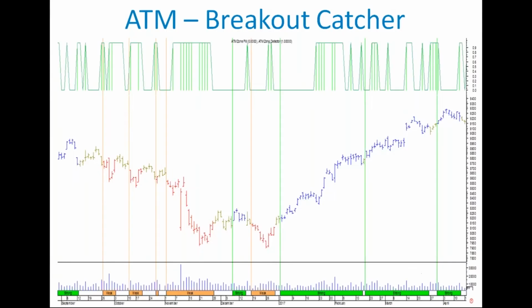So let's start with the breakout catcher, a really simple tool, probably one of the most widely used indicators. When I talk to users, I sense it's probably a big favorite. And the fact is that the breakout catcher is actually fairly simple to use. So let me walk you through a basic buy and sell signal first. When you get a vertical line, and these are automatically plotted, and everything has a template. So if you apply template, you will have a template titled ATM breakout catcher, and that's what you will get. So you will get red colored bars, olive colored bars, and blue colored bars.